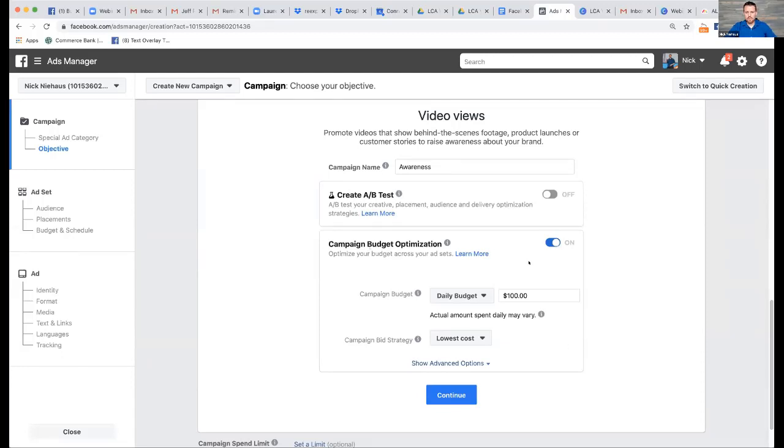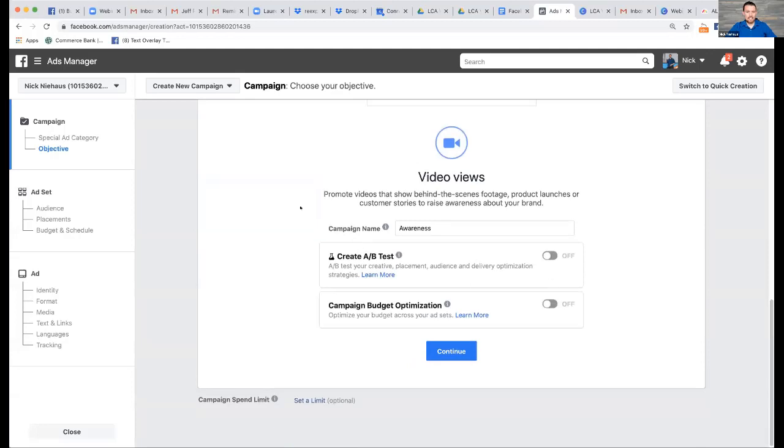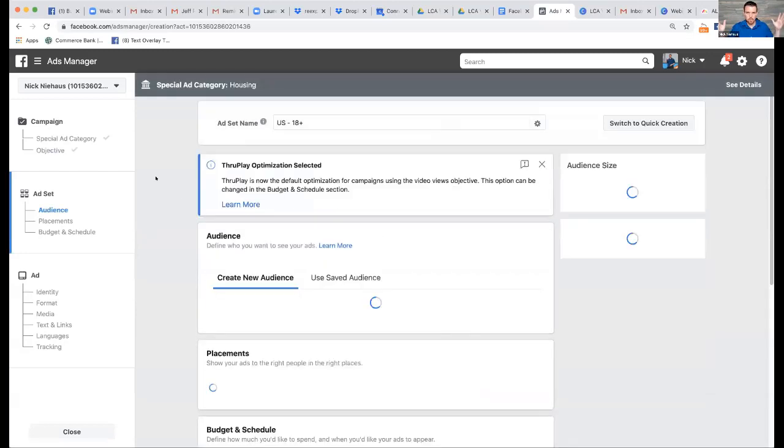And then here is another thing you can do: you can either set the budget for the campaign at this level, or I can turn this off and I'm going to set it at the ad set level. Okay. So in this case, we're only going to have one ad set, so it doesn't really matter. I'm going to go ahead and turn it off to show you how to do it within the ad set. Okay. That's all you got to do on the campaign level. So that's it. That was pretty straightforward, right?